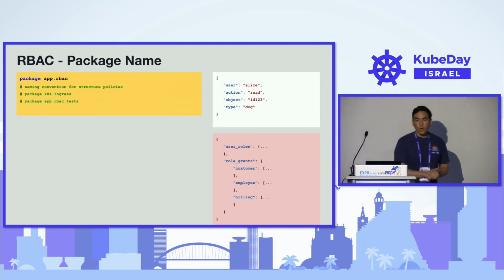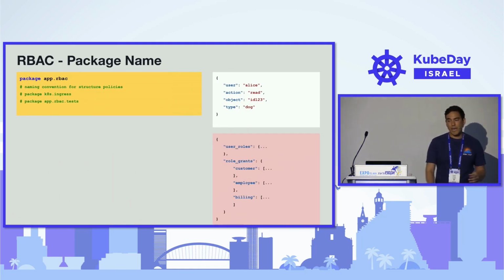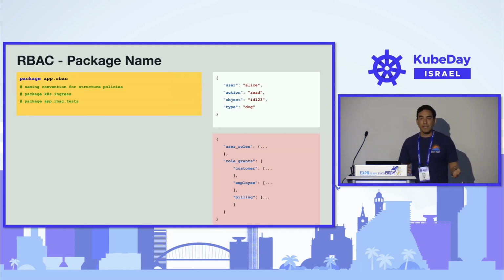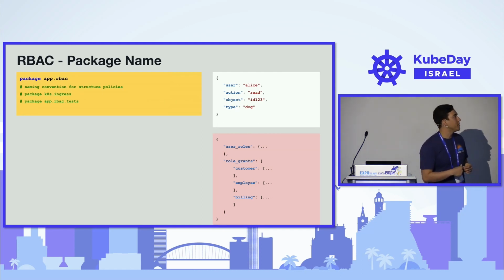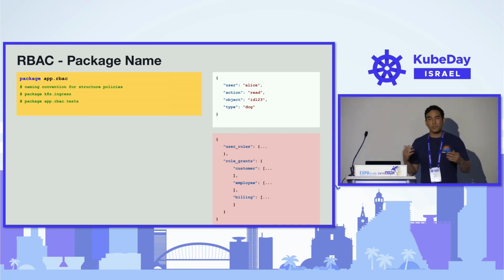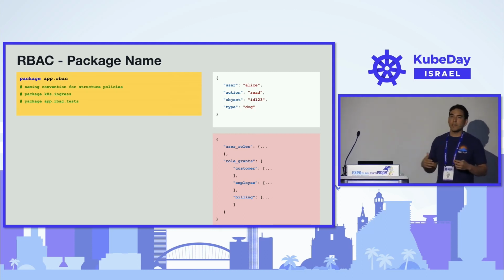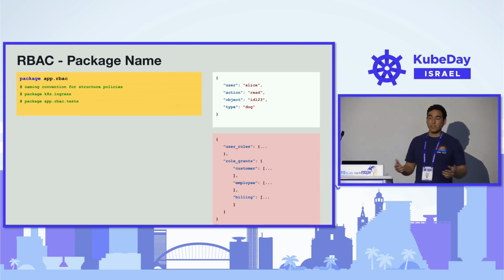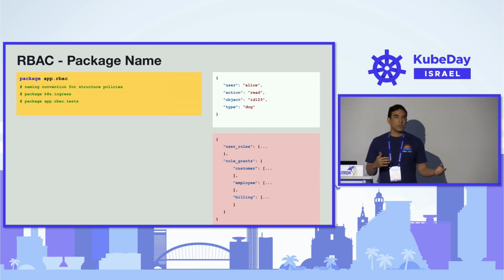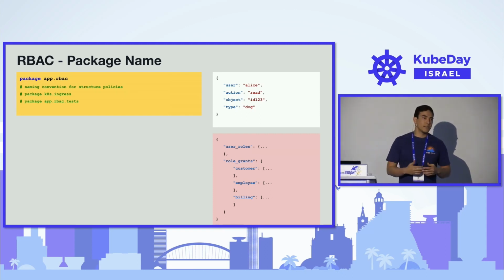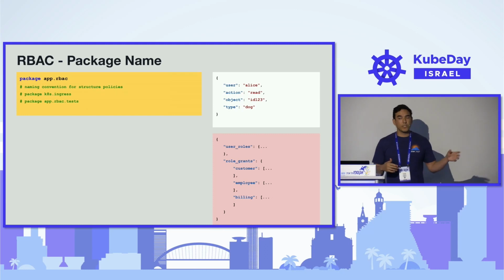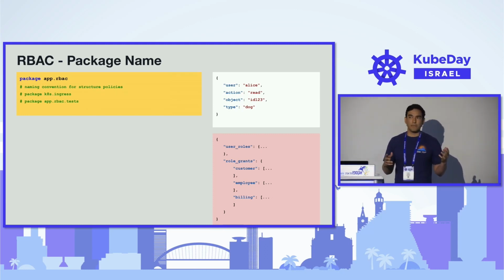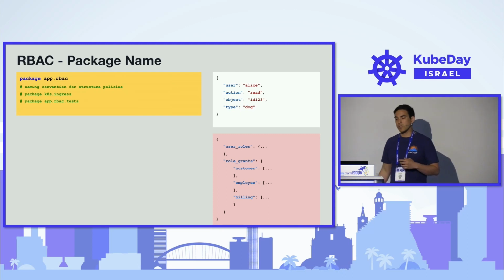And so with that, on the left-hand side here, we have a package name. This package name is a naming convention. The naming convention is just a logical boundary between your policies. So this is a full-featured coding language, and so we have this logical boundary in order to say, oh, I have a package of policies for my AWS features. I have a package of policies for my Microsoft or Azure resources. So you just want to be able to have that logical boundary so that you can call policies from one side and reuse them maybe between teams or just between policies,